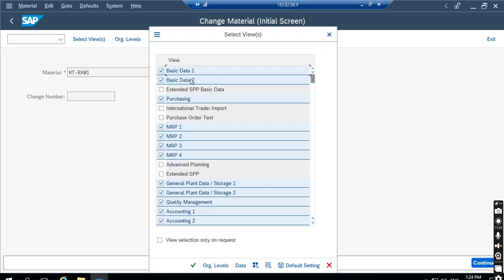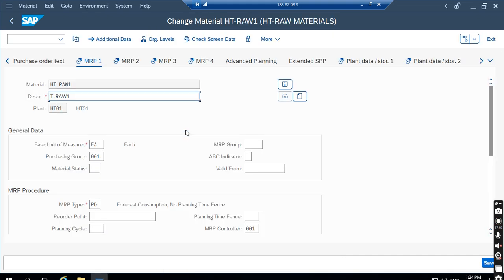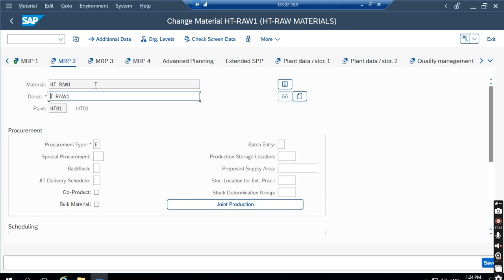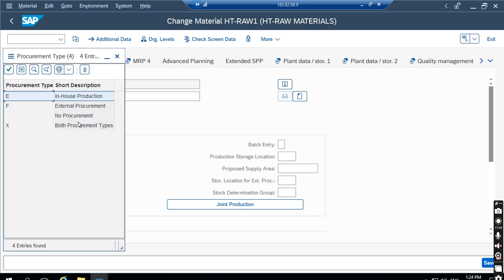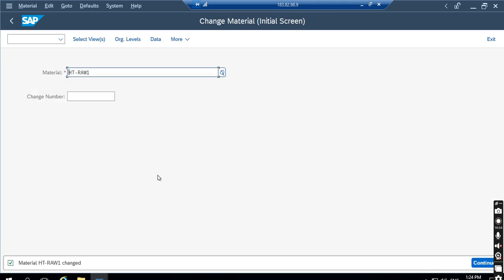Now we'll change procurement type from E to X. Going back to MRP2 view, here I am changing procurement type from E to X. X means both procurement types are possible. It means we can purchase this material from an external supplier, or we can manufacture this material because we have facility available for production. So I am clicking on save. Rest data I am keeping as it is. So in this case, if we execute MRP run again,